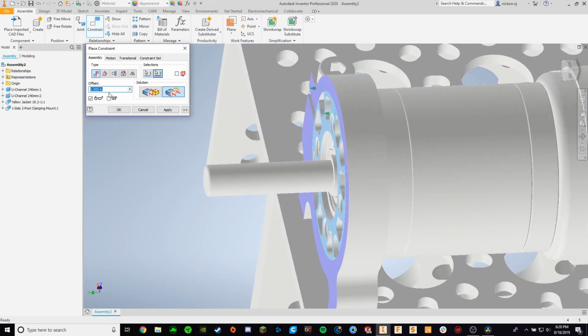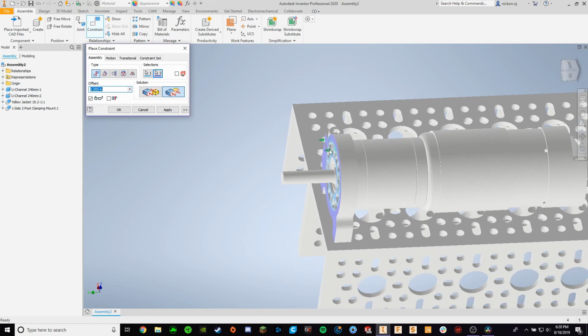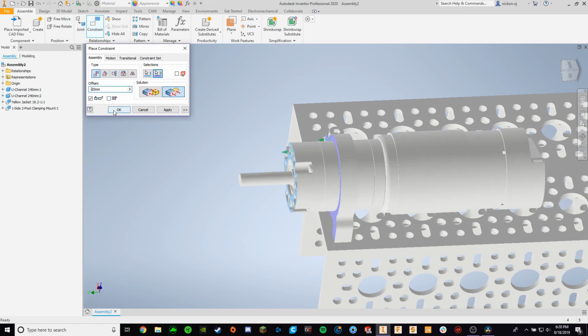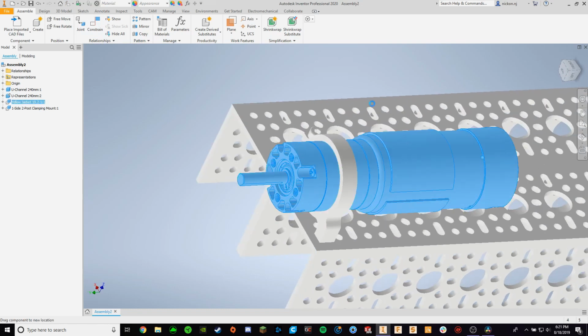Offset this. Because when you're clamping a motor, you don't often clamp it right on the front. You do it on the gearbox somewhere. So you can offset this. Let's go 20 millimeters. Sounds right. Negative 20 millimeters. There we go. Perfect. So now this is kind of on here, but you see it's still all rotating because